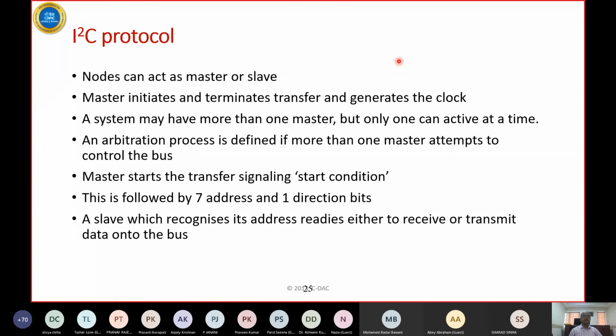Hello? Anything you want to say? Professor Sharad, are you able to hear me? Yeah. You are loud and clear. Okay. There was some disturbance, so I was wondering whether your voice got broken, because I have only the screen in front of me. I don't have the other windows, so I am not aware if any questions are asked or something.